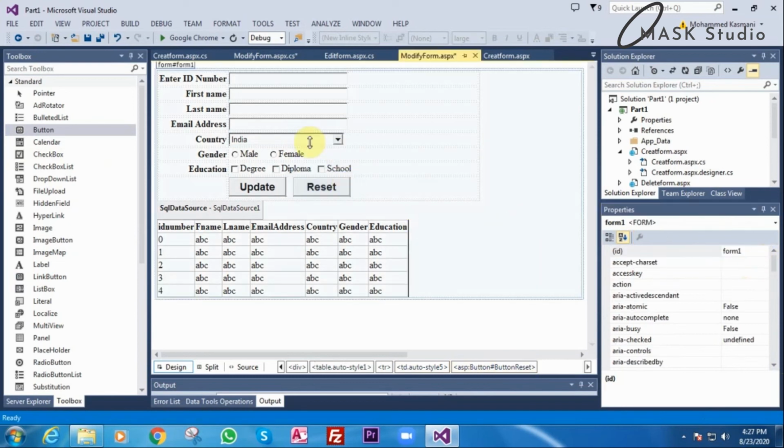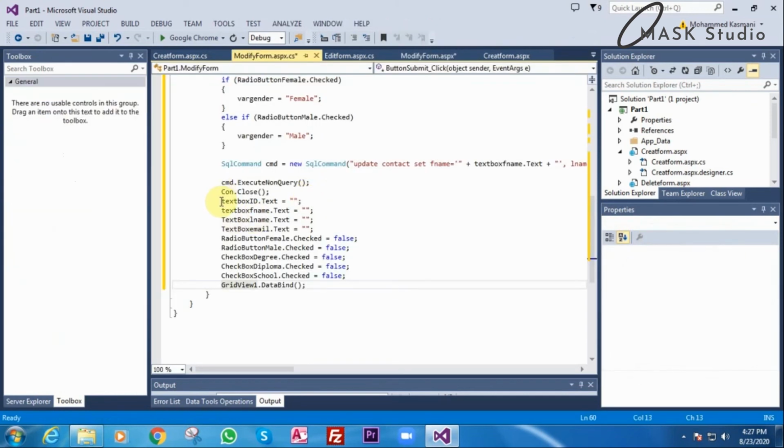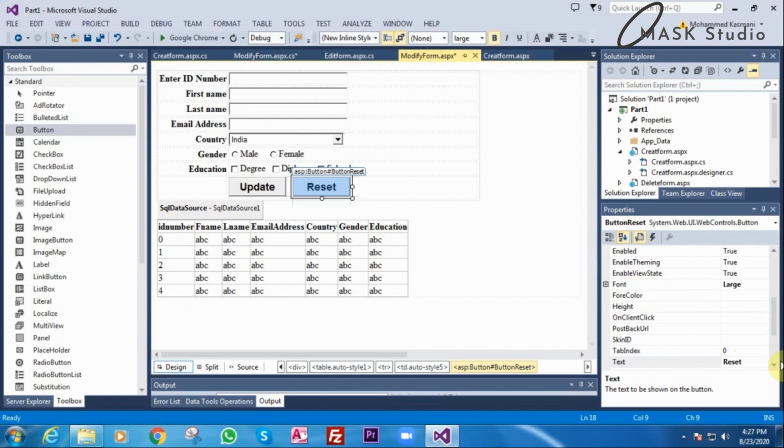Now I want that when I click this one, this will be clear again. For that I will double click this, I will just copy all this, Control C, I will go to modify again.